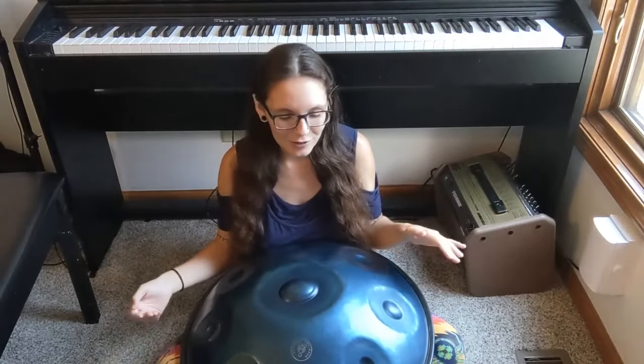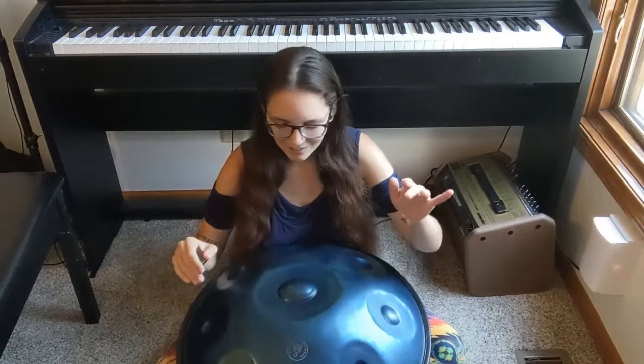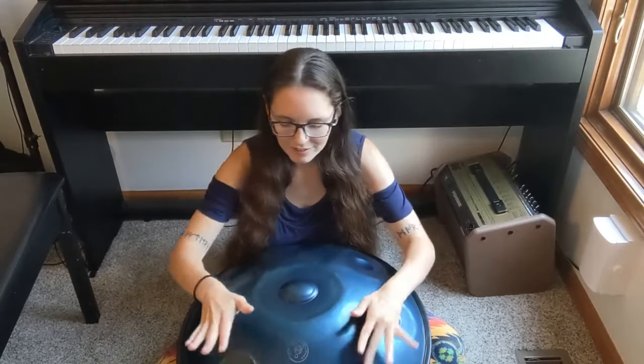It's got like this, I wouldn't call it like an attack. An attack means something different when you're talking in musical terms. The way that it sounds is it sounds like the sound is really harsh or sudden. But that's not what attack really means. The attack just means what it sounds like when you very first make the note. So when I say that I really like the attack of this handpan, basically what I'm saying is that first strike, that instant of sound. It just bursts out of there in this really warm,